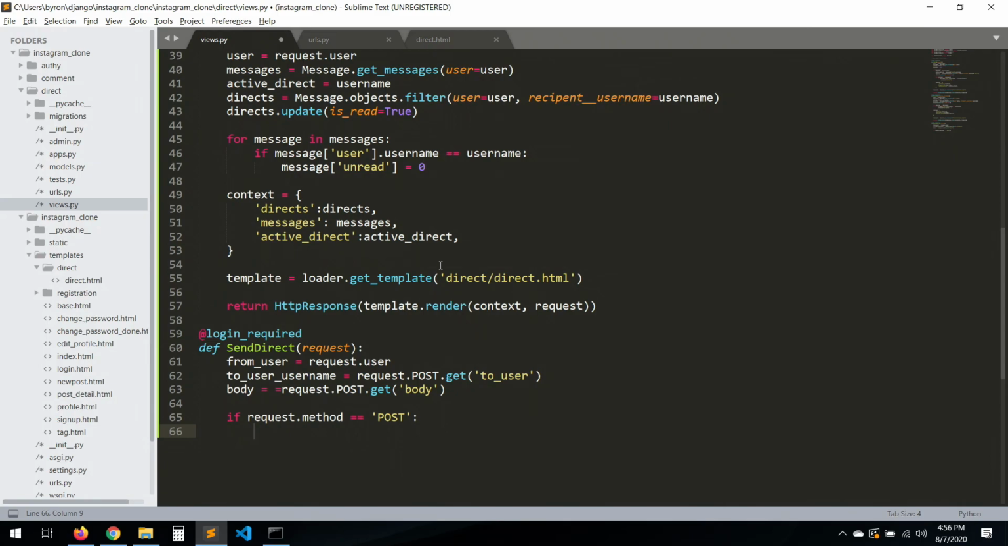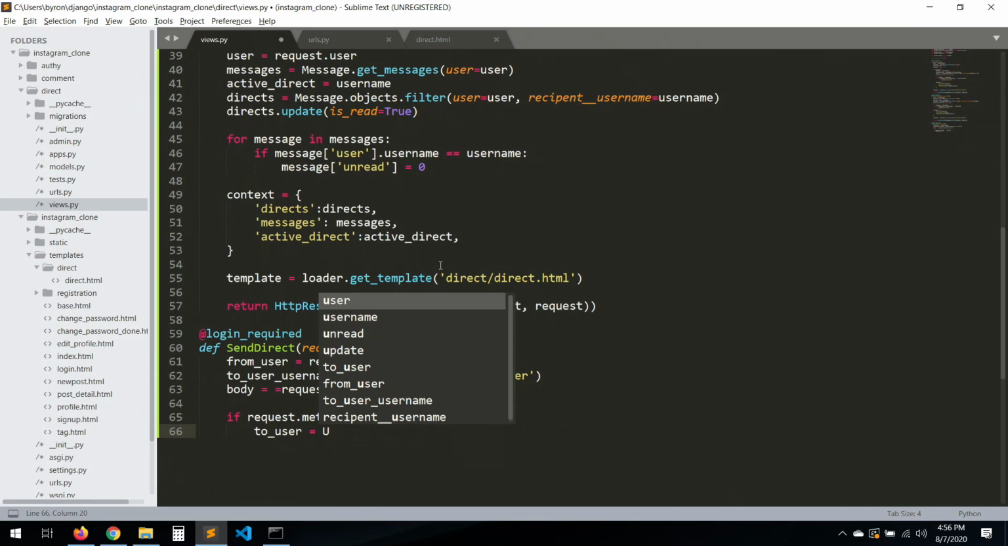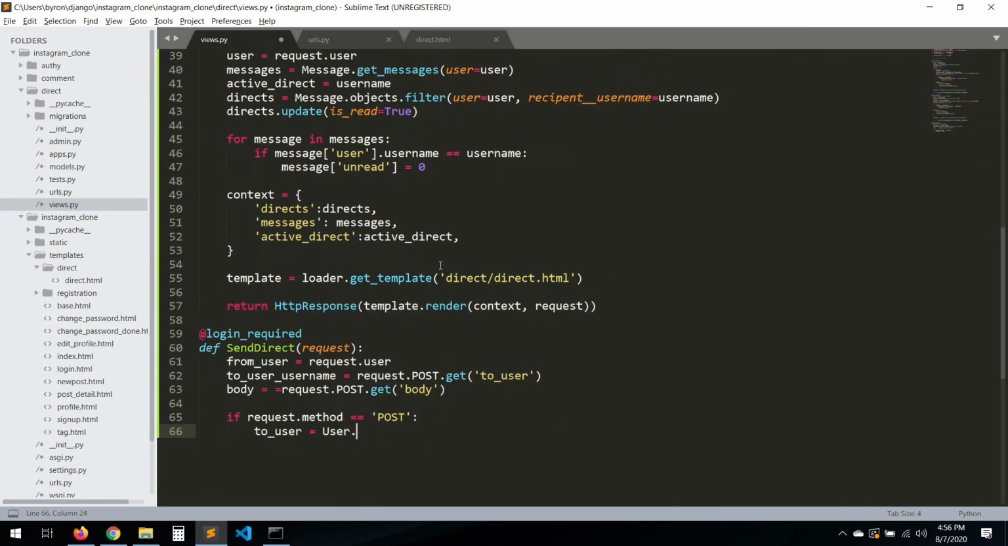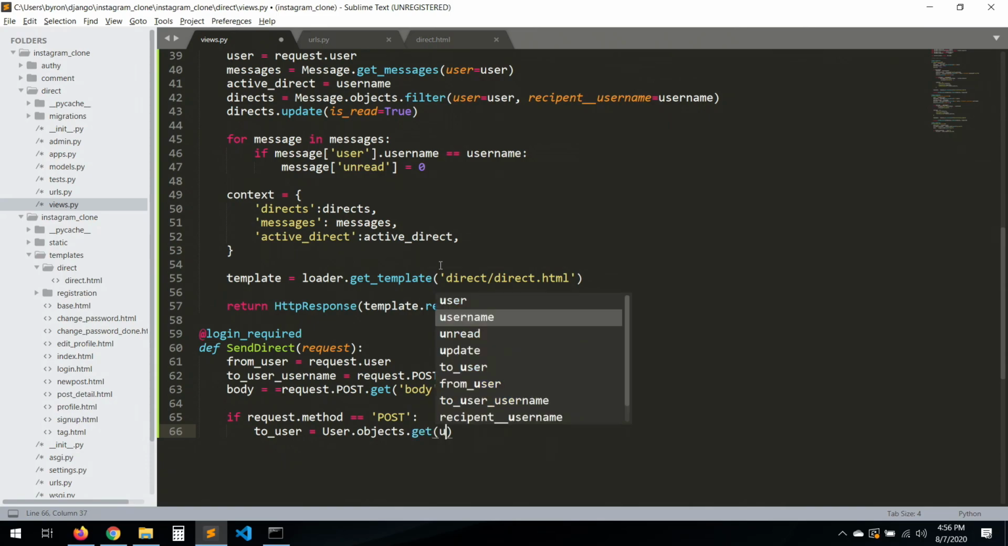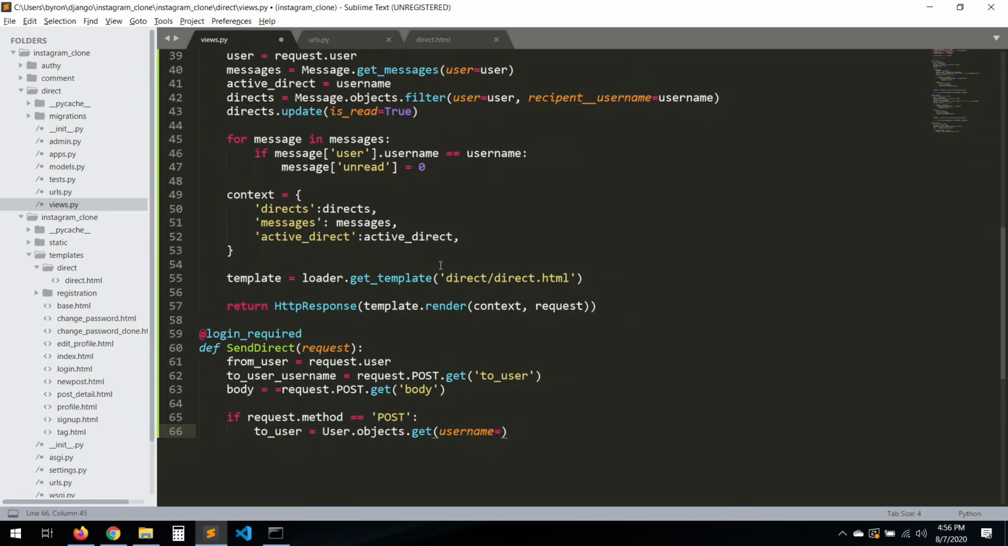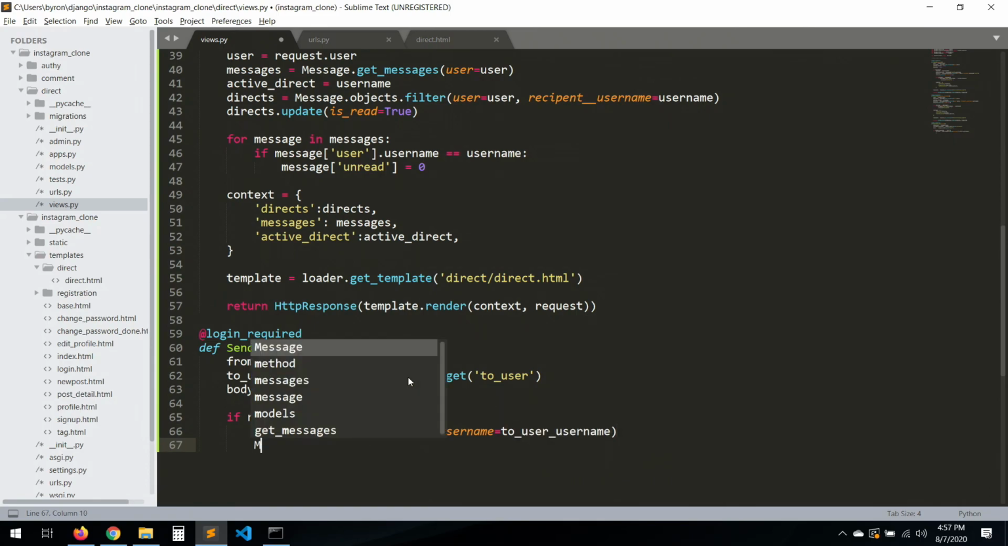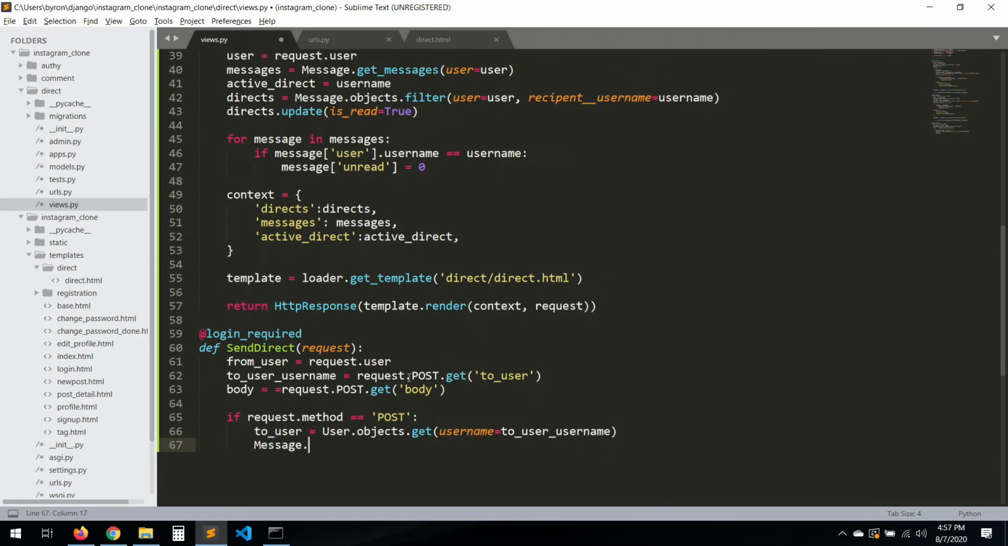Post to user will be equal user that. Now let's get the user right from the object. Get username equals to this one, to username down here, and the message will be the method that we just created. Message, send a message